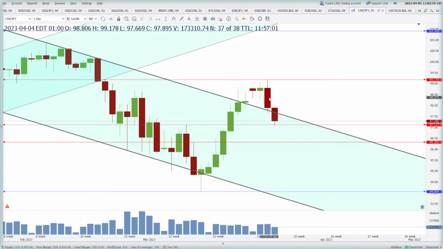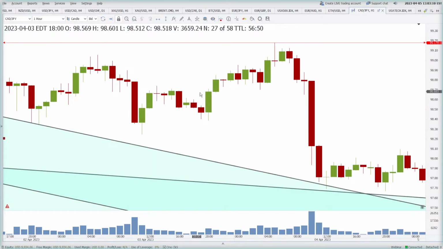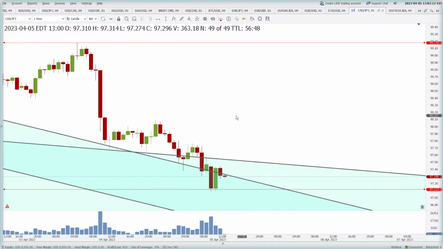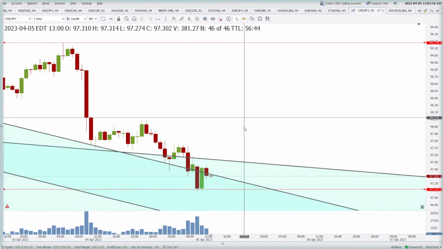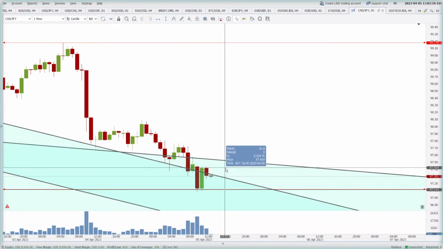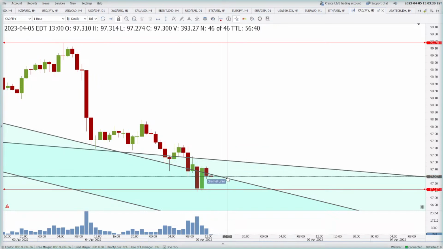Okay, and look at this breakout here when the price went higher than 97.11. We are expecting this level to be tested, and this has been tested today. So yes, this was an area where we were interested in buying, right? You remember that we were interested in buying here. I'm not saying that you blindly buy it, but yeah, we have already moved 30 points from here.